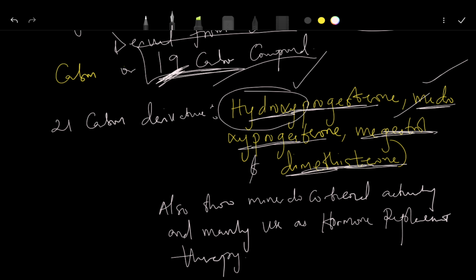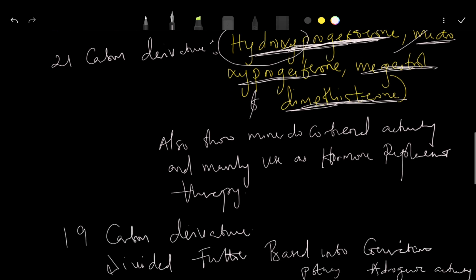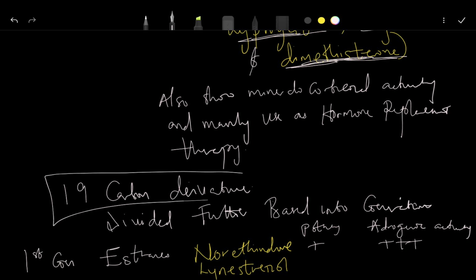extent. Okay, and the main use of these guys, later on we'll get to realize that the main clinical use of progesterone is again two things: one as hormone replacement therapy, and two as contraceptives. So these ones that look like progesterone are the ones we use as hormone replacement therapy because they are more closely related to progesterone. However, the 19 carbon derivatives, which are the newer ones, they are majorly used for what? They are majorly used for contraceptives. So that is one distinction between them.